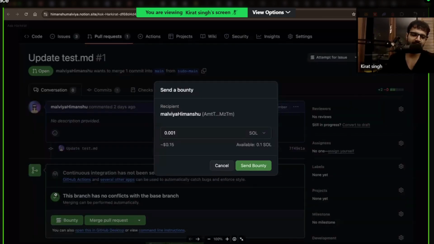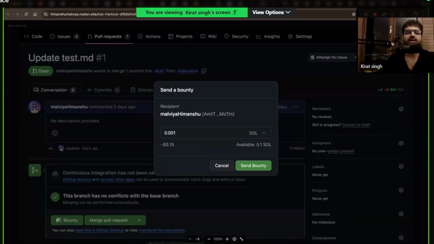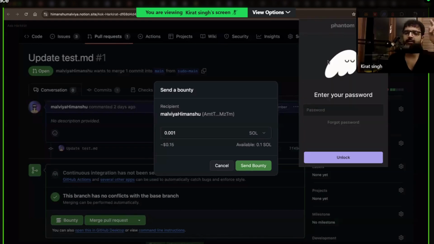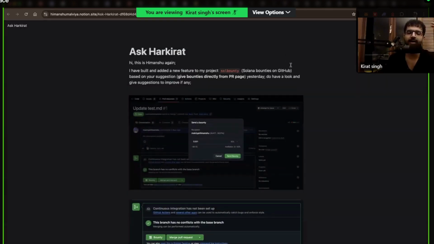Most probably it's a Chrome extension, where right next to merge pull request, I see this button called bounty that I can click and give this person some bounty, which is the best way to do it, because what happens is I just assign a bounty, I forget. After a month, the person is pinging, sir, $100. So, if I see this button here, I merge. Rather than commenting, I can simply click on this button, assign the bounty, click on send bounty, Phantom would open. I would approve the bounty, send the bounty out. Much easier, 100 times better UX than this.